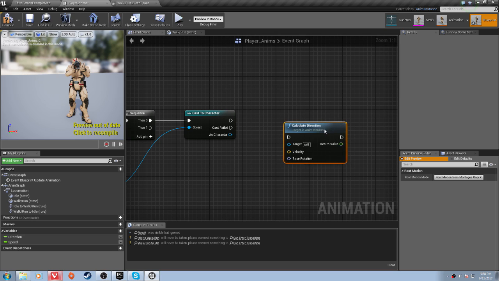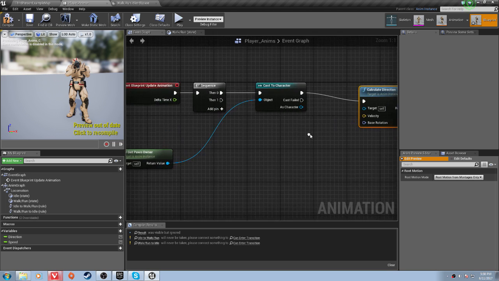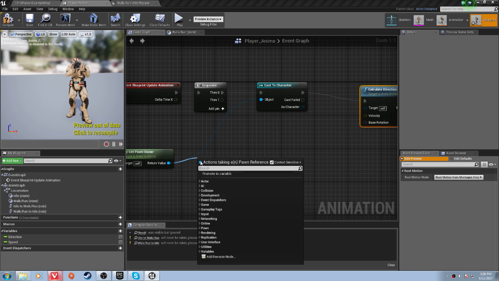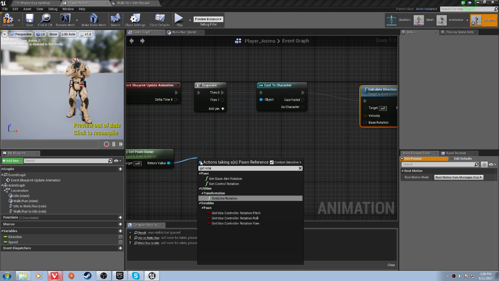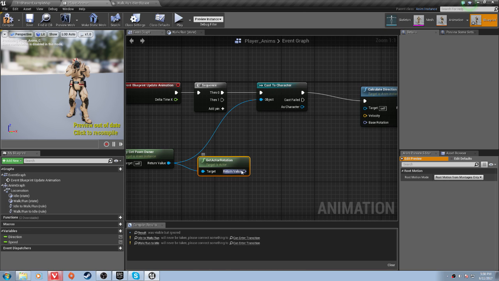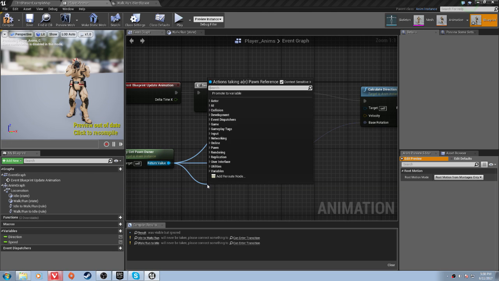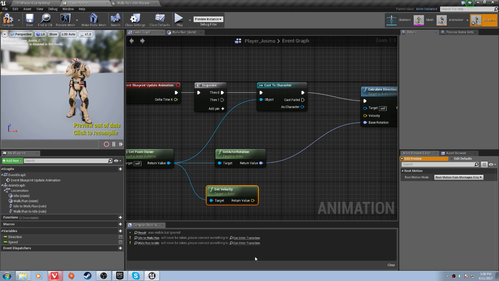That's it. Target self. Now what we want to do is get rotation, get actor rotation, base rotation, get velocity,